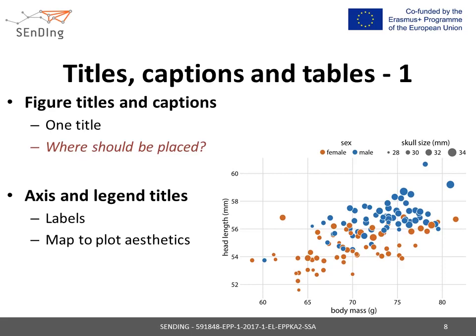An example of a bubble plot where all axes and legends are appropriately labeled and titled is depicted in the figure in this slide. In this plot, the axis titles clearly indicate that the x-axis shows body mass in grams and the y-axis shows head length in millimeters. Similarly, the legend titles show that point coloring indicates the bird's sex and point size indicates the bird's skull size